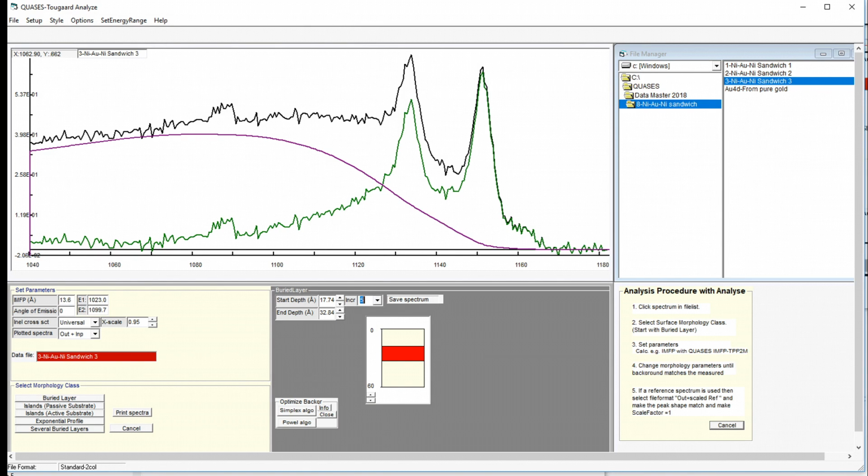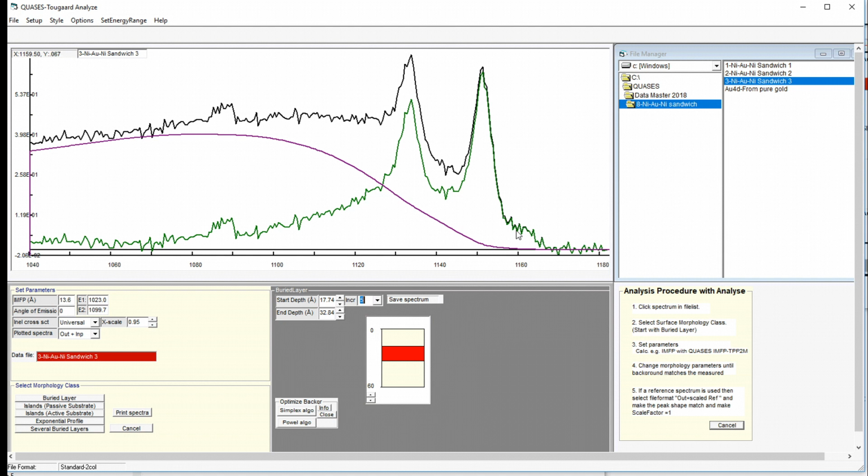In the previous videos, we determined the depth distribution of the gold atoms in the three samples here. So we know now where the gold atoms are. We don't know how many gold atoms we have, so we don't know the concentration of the gold in the layers. To determine the absolute concentration, we need to calibrate the spectrometer